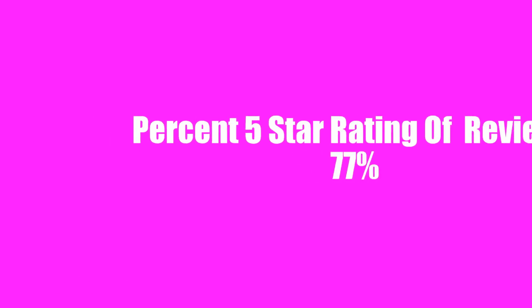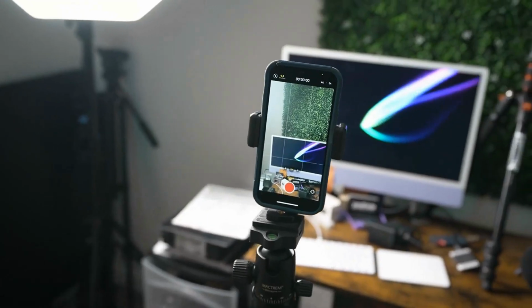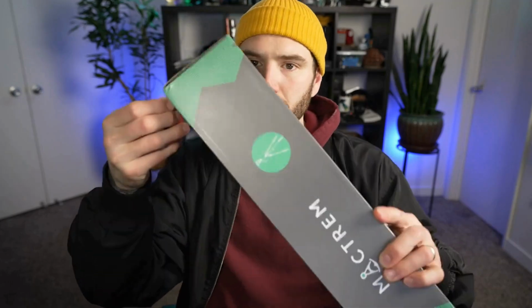This tripod is great for cameras big and small, phones, telescopes, and it can hold up to 33 pounds. It also has a hook on the bottom to hold counterweight. Overall, I really like the versatility and design of this tripod and would